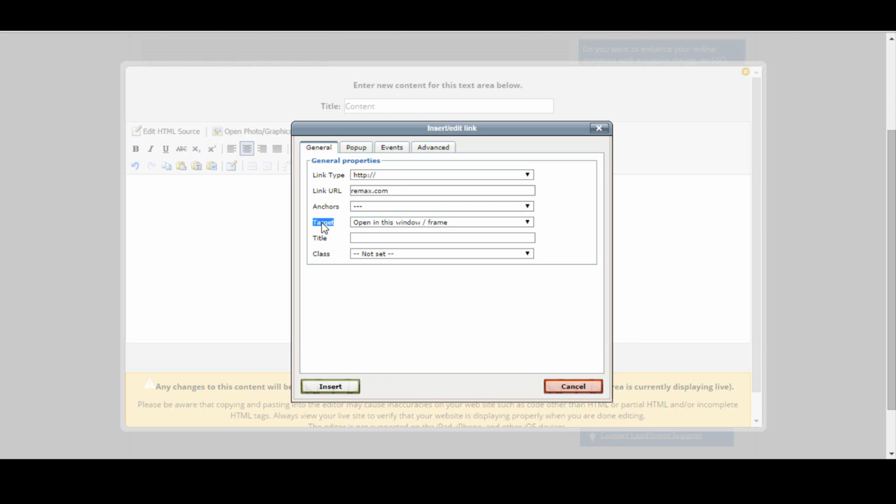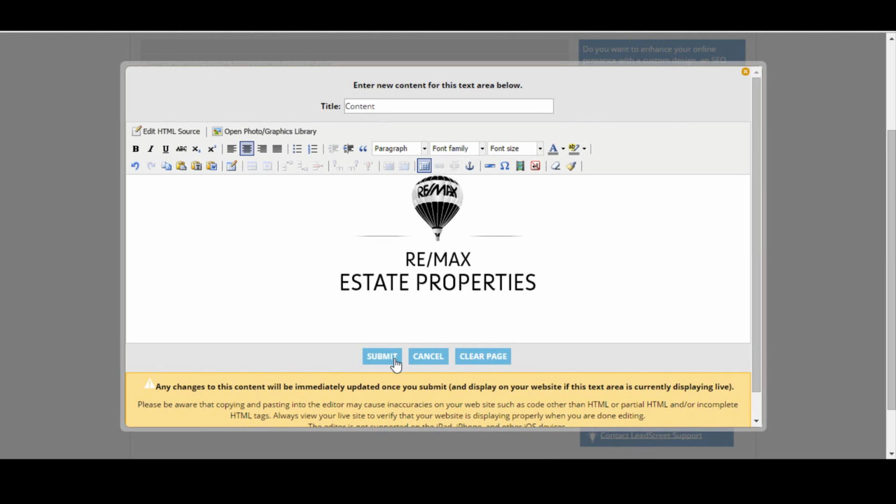Now the important part is under target. If I click on this drop down menu, we want to make sure that this opens in a new window. You have to understand not everybody out there is internet savvy. And instead of hitting the back button to get back to your website, they might just X out of the window altogether, inadvertently Xing out of your entire website. So having a page open in a new window can be helpful. That way somebody can just click out of that window and they will come directly back to your page. Once we have all the information, we can click on Submit